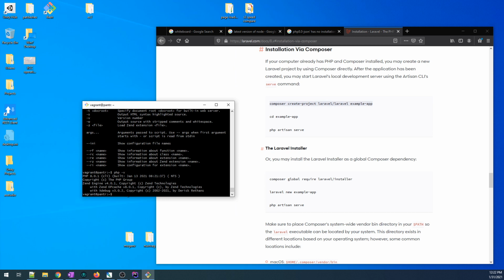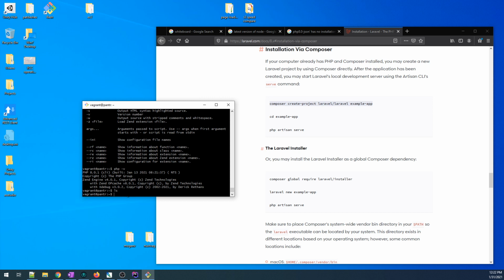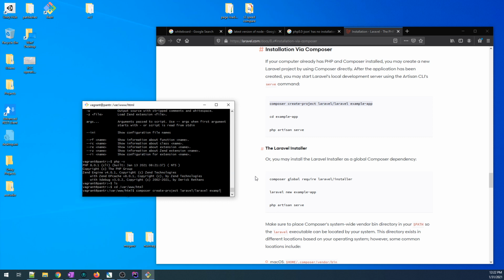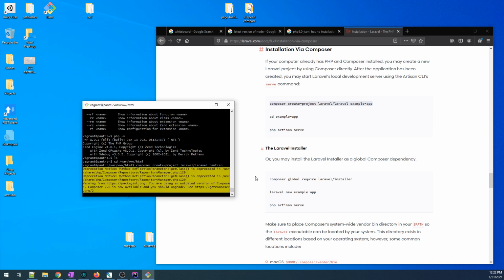So I like to move it to var www HTML. So we're going to install it in here. We're going to copy pasta. It's not going to be called example app. It's going to be called Pantrio. Good. So this should work. What this is going to do is